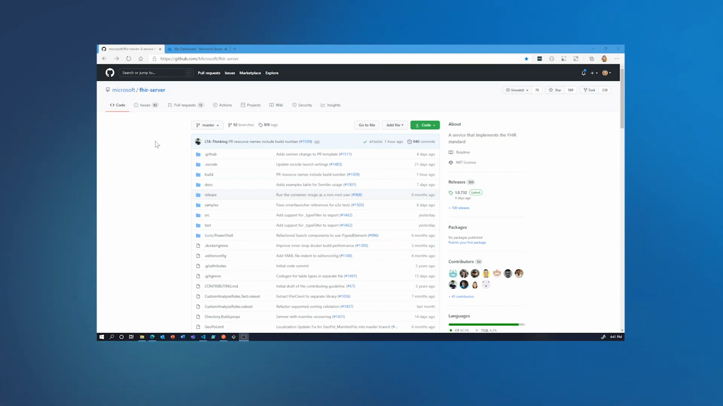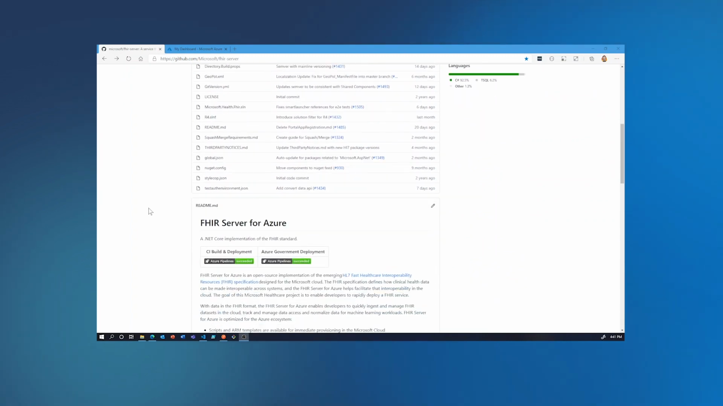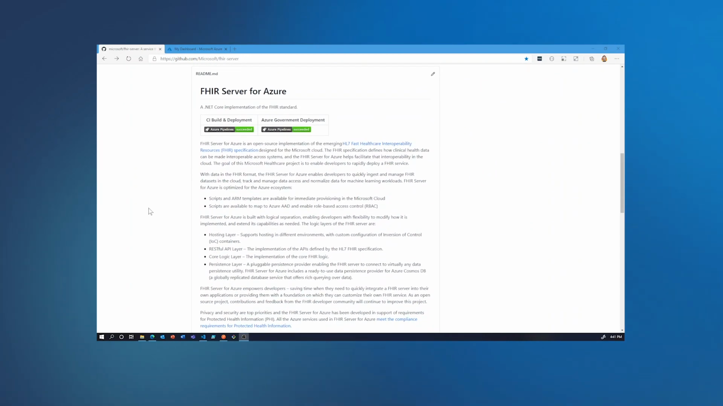At the core of the Azure API for FHIR is something called the FHIR Server for Azure. If you go to github.com/Microsoft/FHIR-server, you'll find the FHIR Server for Azure project. FHIR Server for Azure is an open source implementation of the FHIR specification, and it is the core of the Azure API for FHIR. We simply take this open source project and run it as a first-party service in Azure. That means if you want to see how our service works, you can look at this open source project to